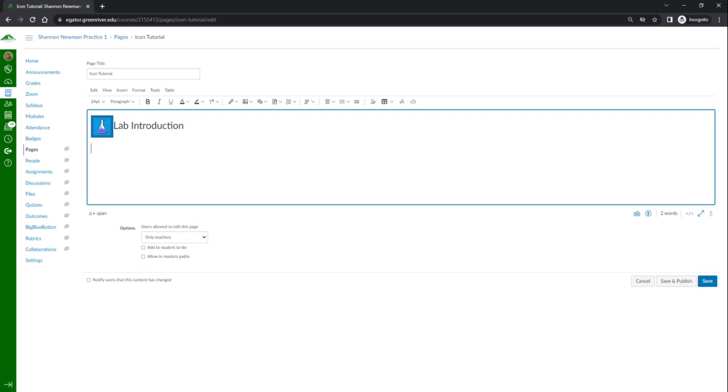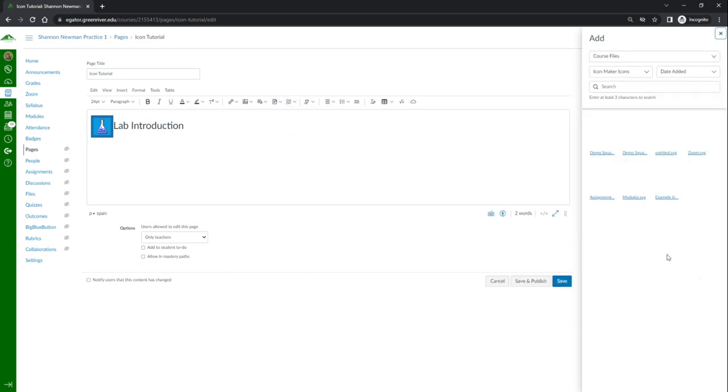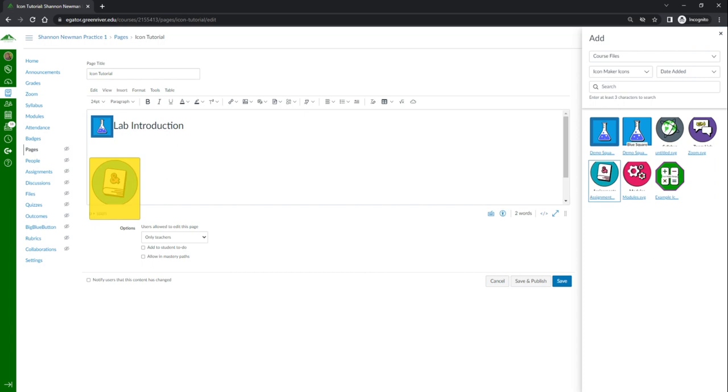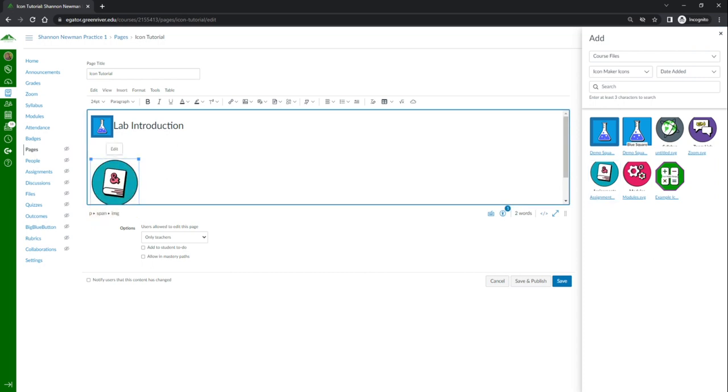You might have another icon that has something, again, I'll just use one of my pre-made icons. You might have then another icon here that's lab assignments.